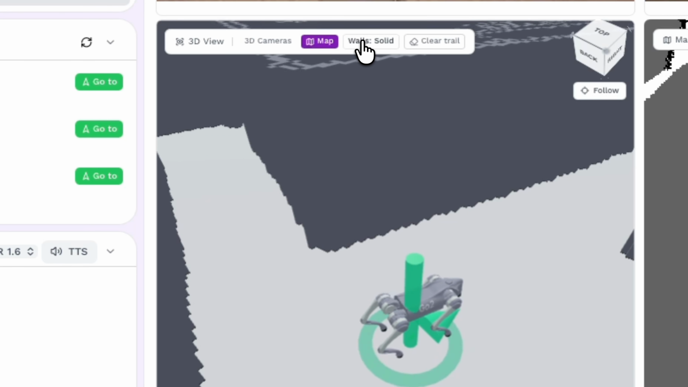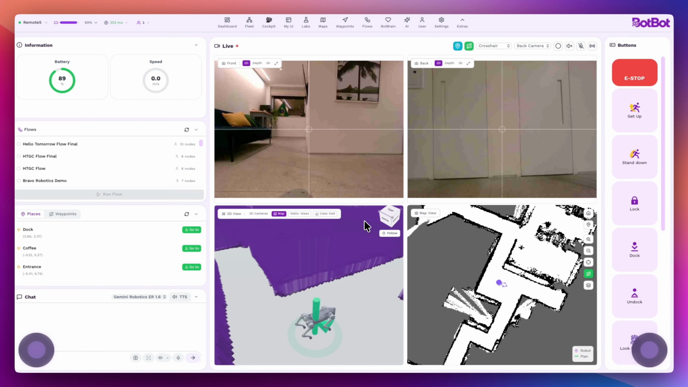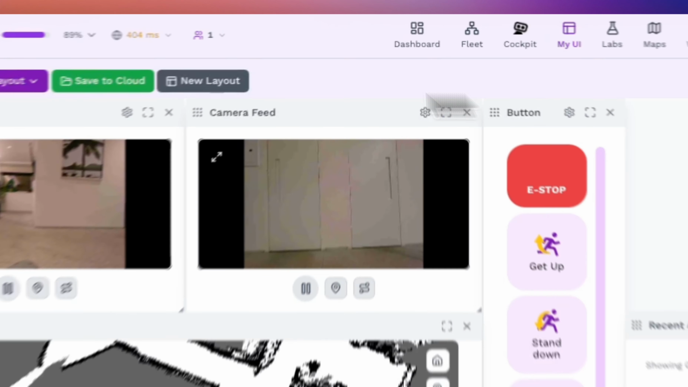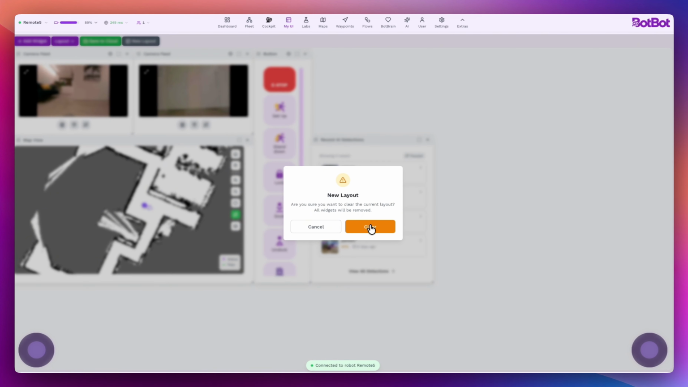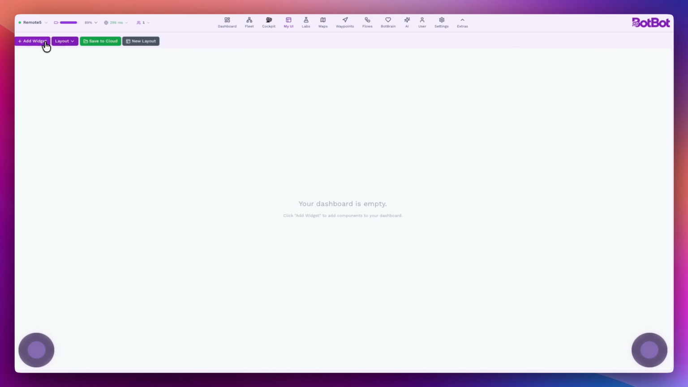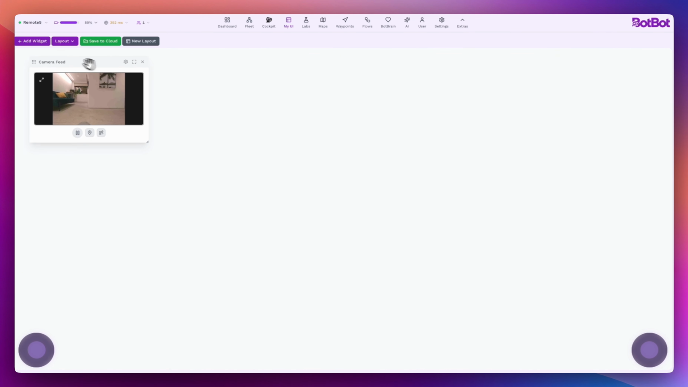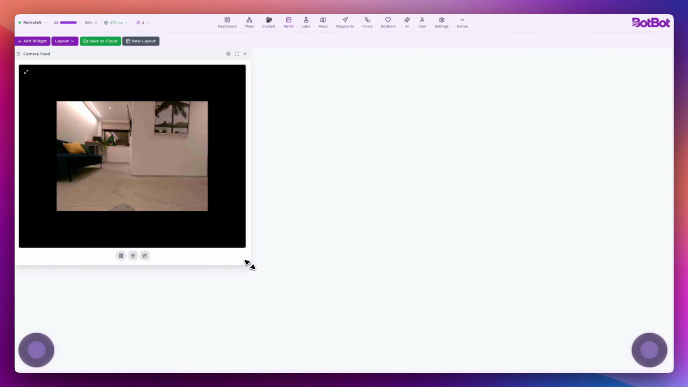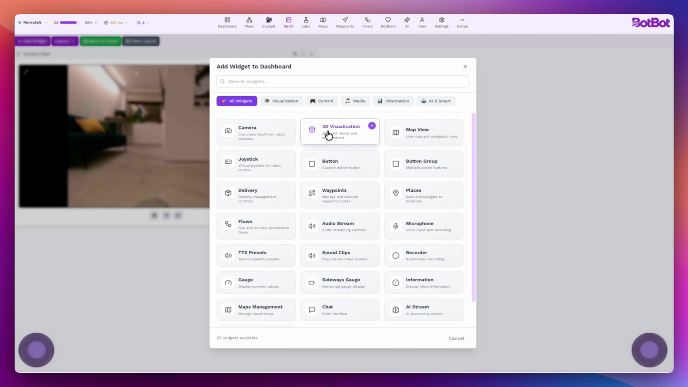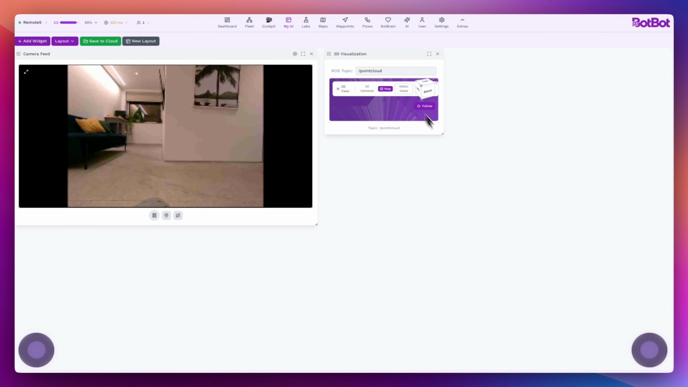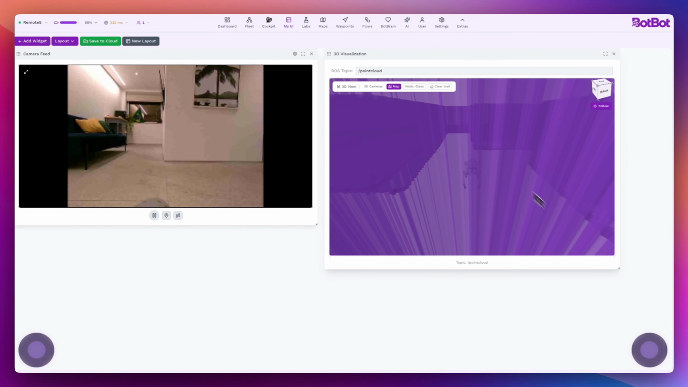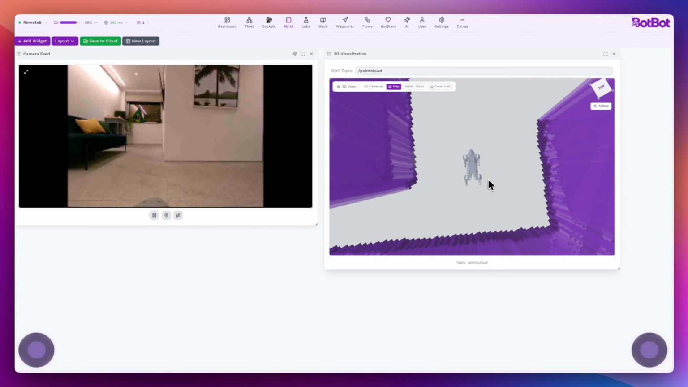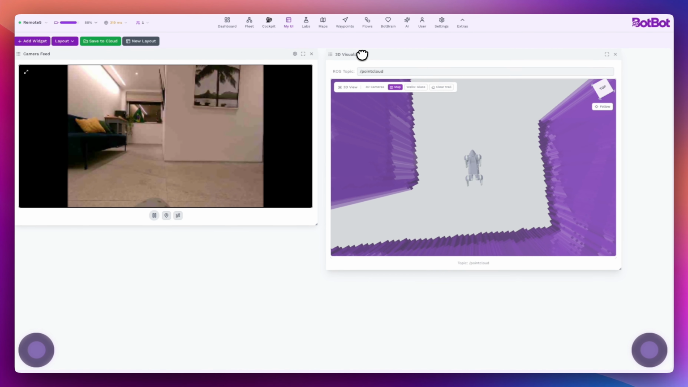We can swap the color of the walls. We're able to do a couple of different things. So that is Cockpit. Now, the future of Cockpit is what we call MyUI. And MyUI permits you to really design your layout and your UI the best way you see fit. So we can come in here, add a new camera feed, and drop this here. We can add our 3D viz. You're basically able to add all the things you just saw in Cockpit within MyUI and set up any way